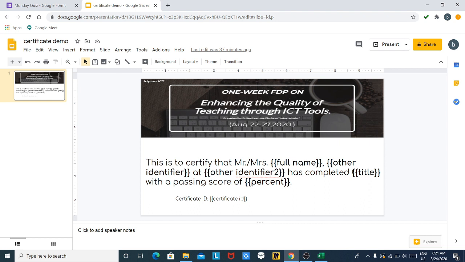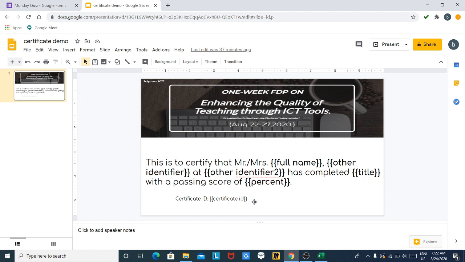Now has completed. The title here means the title of the quiz with a passing score of percent. This percent means the percentage of marks the participant will gain after completing the quiz. The certificate ID is a unique certification ID given by Certify-M to each and every participant.